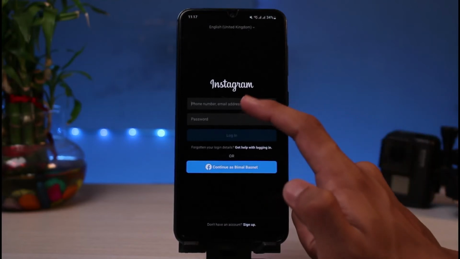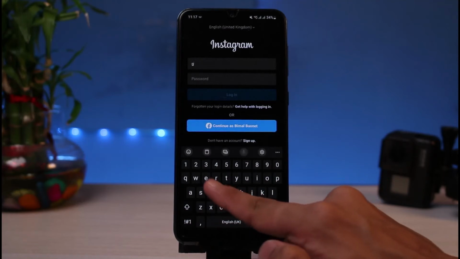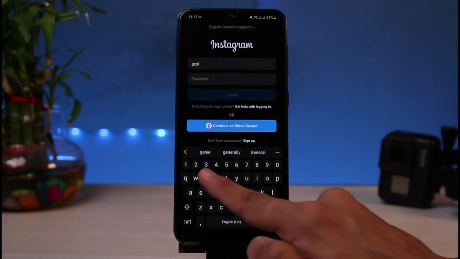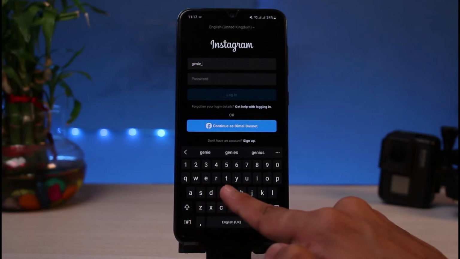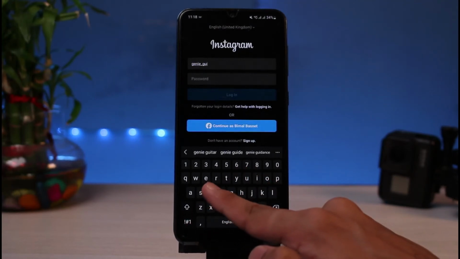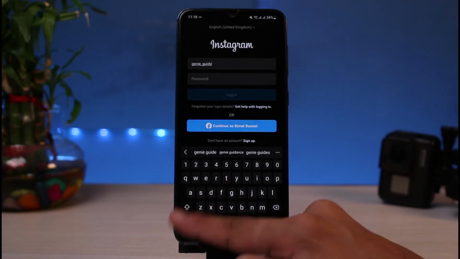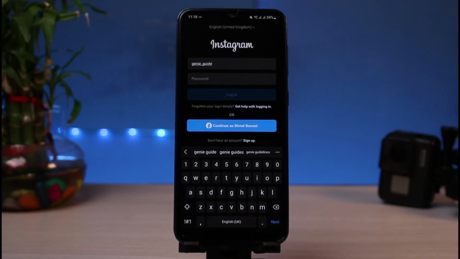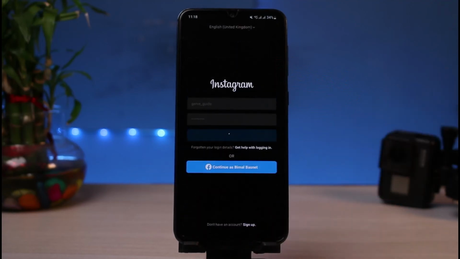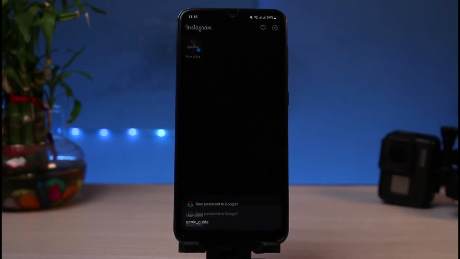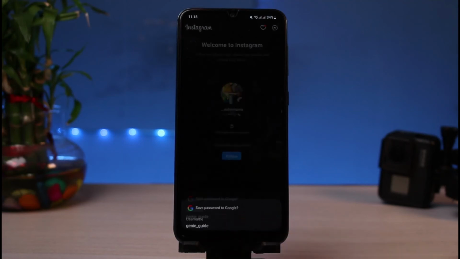So in the username tab, you have to go ahead and simply enter the username which you have. You want to make sure to enter the exact username of your Instagram account which you were trying to reactivate and the account which is currently deactivated. After that, after you enter the username, go ahead and simply enter your password. Once you enter your password and username, you can see we will be successfully logged in automatically to the Instagram